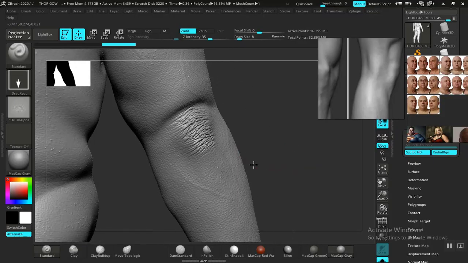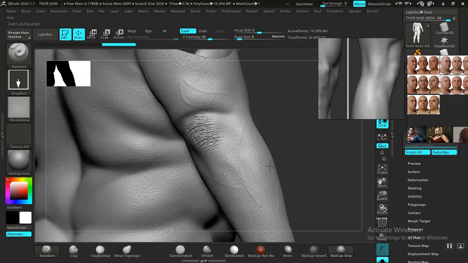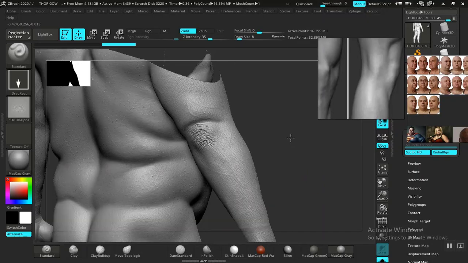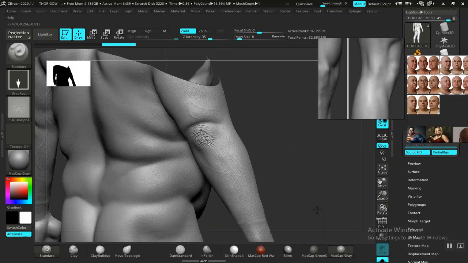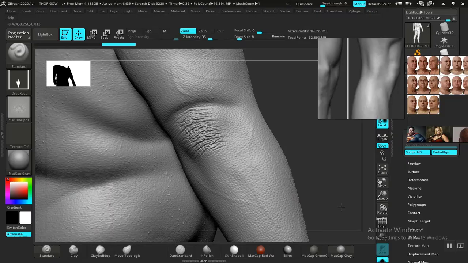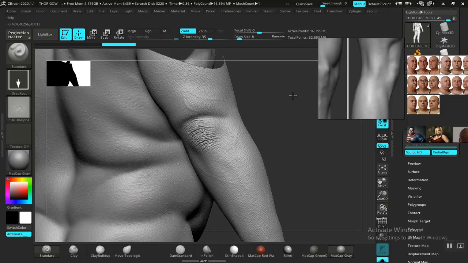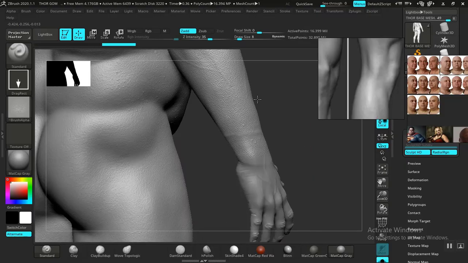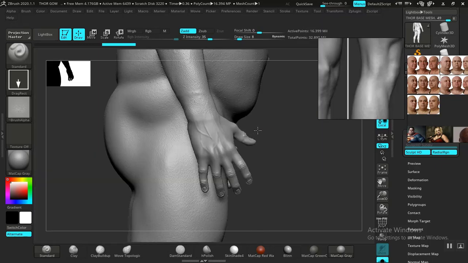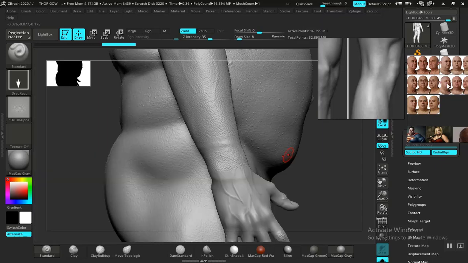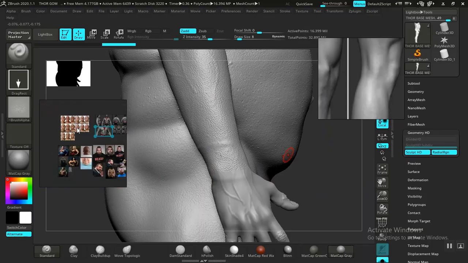And I'm on symmetry, so we should be doing this on symmetry mode. You should be on symmetry because you don't want to repeat. You can do this off symmetry if you want to, but just to speed things up, I'll be doing this on symmetry. So now for the hand parts,